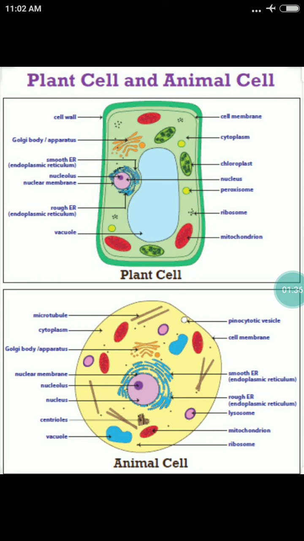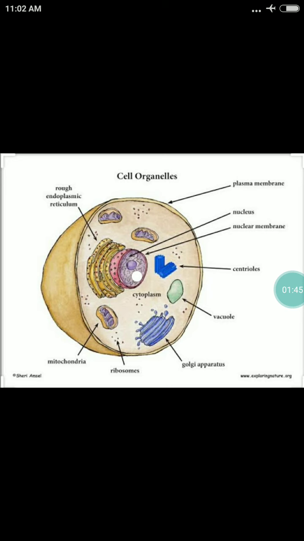Cytoplasm. The cytoplasm is a jelly-like fluid which occupies the space between the cell membrane and nucleus. A number of tiny components called cell organelles are present in the cytoplasm. All the chemical reactions and functions of life take place in the cytoplasm. Cell organelles are the membrane-bound tiny structures in a cell that perform a specific function. Examples: mitochondria, Golgi bodies, endoplasmic reticulum, ribosomes, and so on.